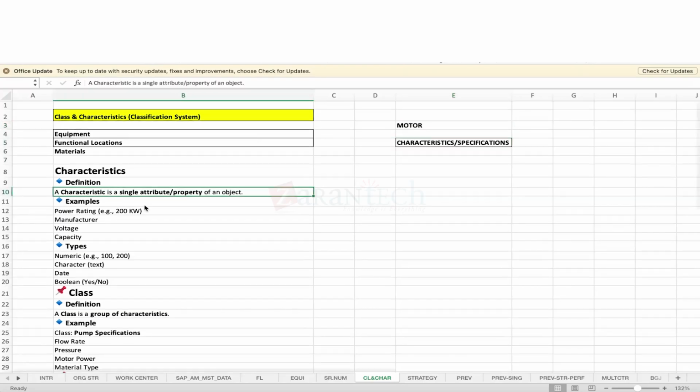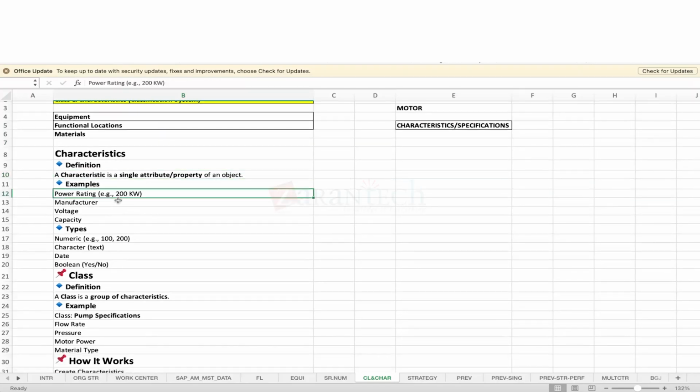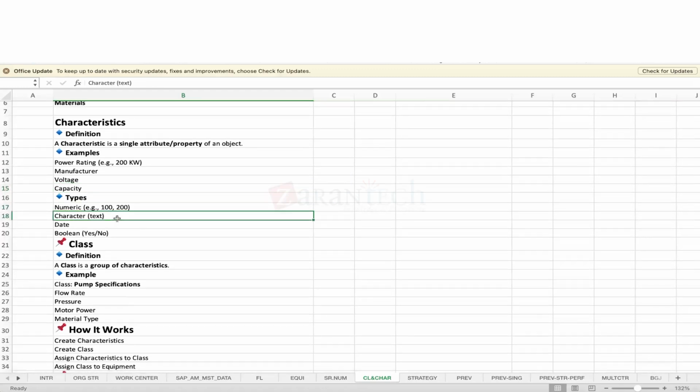So first of all, we'll see this. A characteristic is a single attribute or property of an object. Example like power rating. Power rating is here 200 kilowatt of a motor. Who is the manufacturer of it? What is the voltage, under what voltage does this particular motor work? So capacity. Okay, overall capacity of the equipment. The values could be of types like numeric, character, date